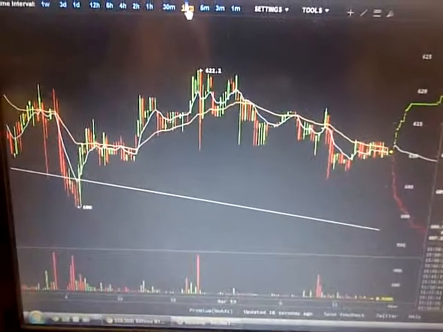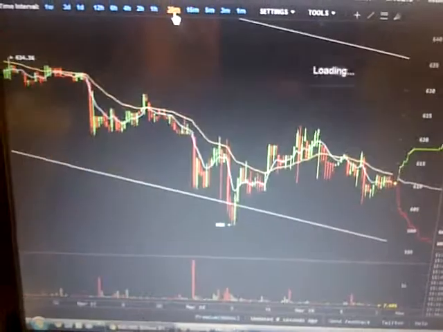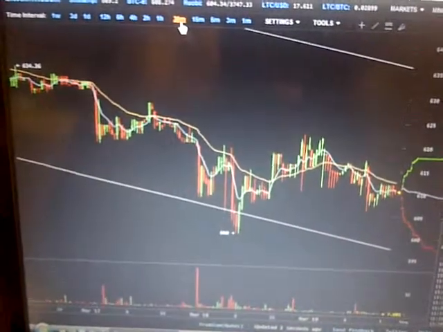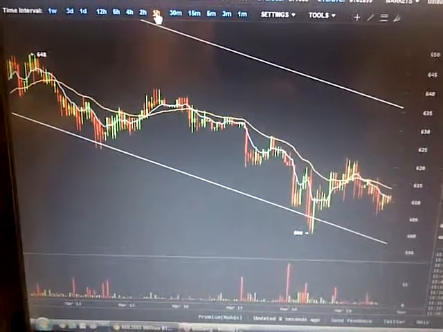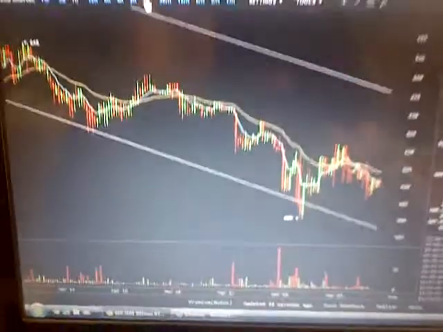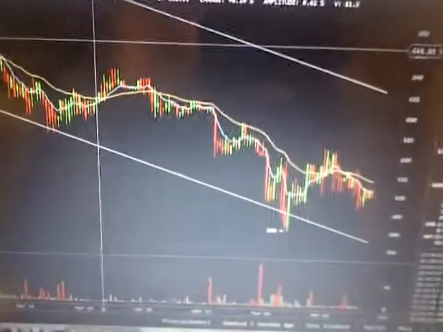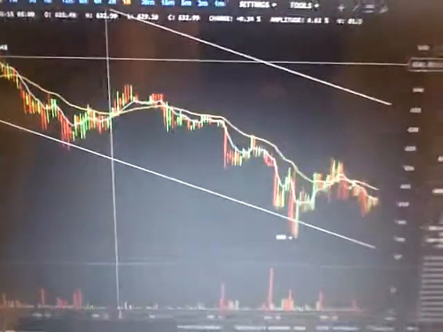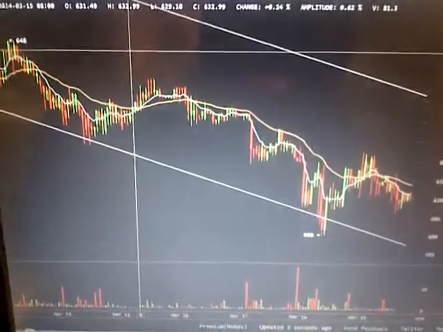If you look at this on a 15-minute, this doesn't make any sense. In the half hour, a little bit more sense. You see the lines, you see the direction, and when you get to an hour, you're seeing a down channel. When you look at an hour, it looks like it's just falling, and it has, if you think about it, because there's a high right there at 648, and where's the low at 600? So a $48 drop in a 5-day period. That's not too bad, but considering that you paid this much per one Bitcoin,